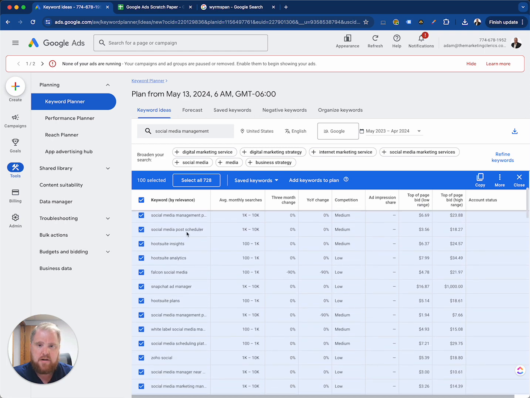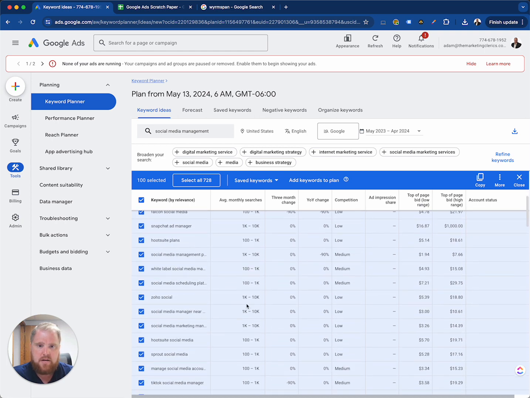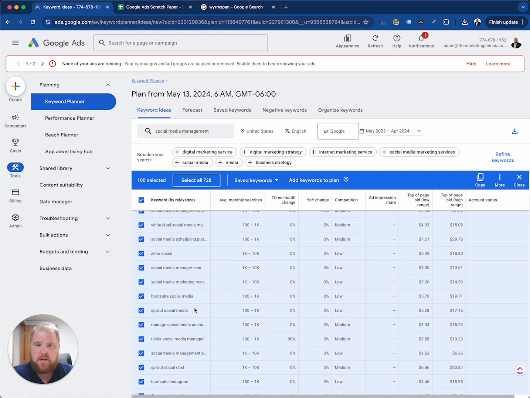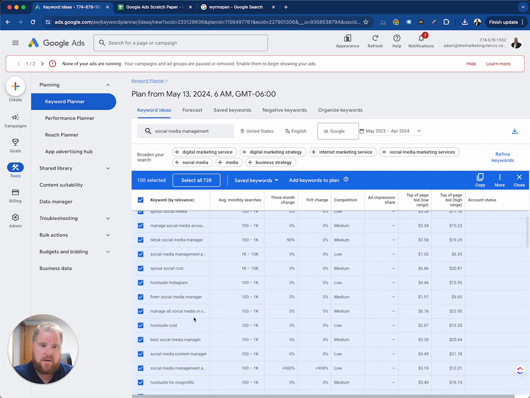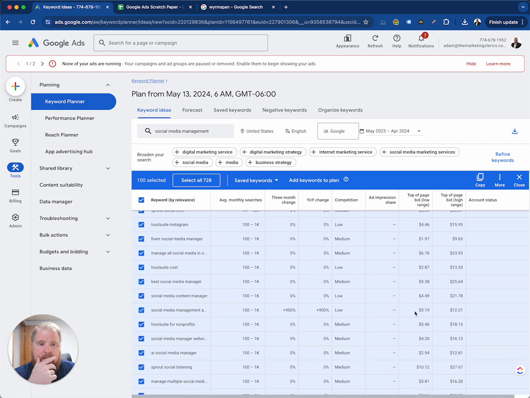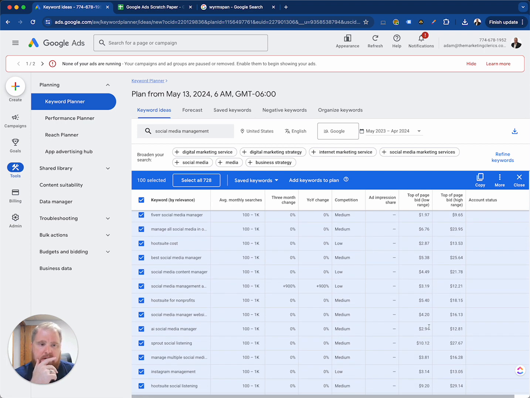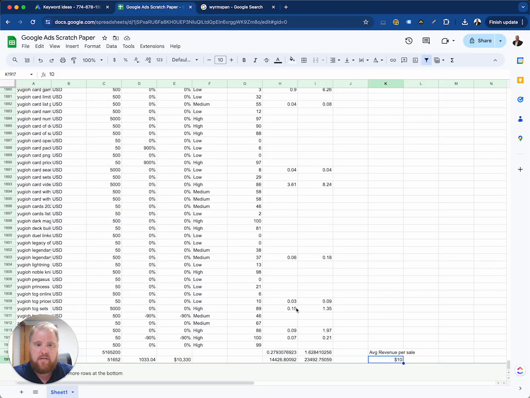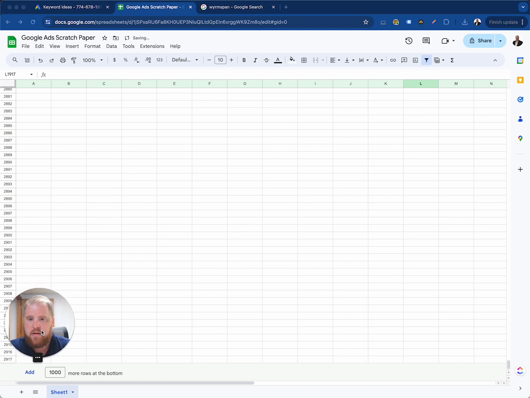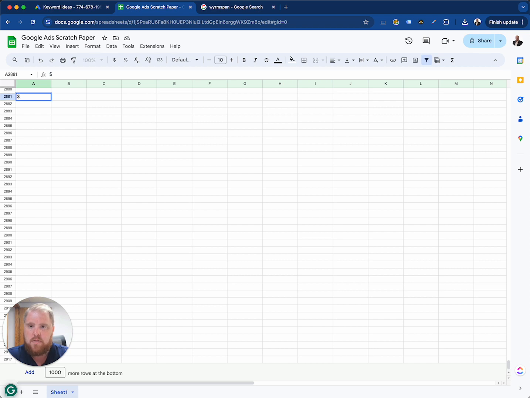But if I look at other keywords, I can see a lot of these are software, like software as a service, and so I would filter out some of these keywords. But the point is, if I'm spending $3 to $12 a click, so if I go in here, I'm going to update my scratch paper here, add more rows here, and if I'm paying $3 to $12 per click,